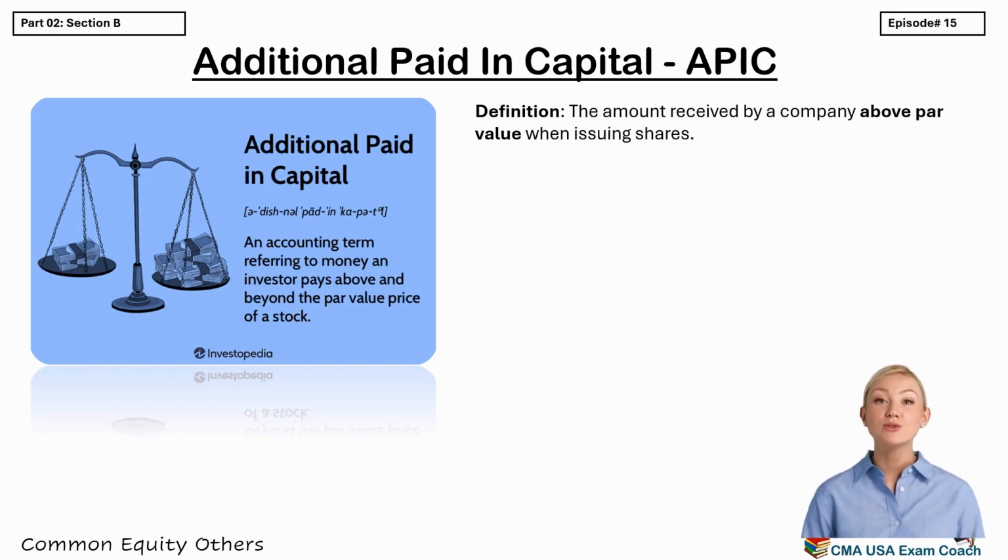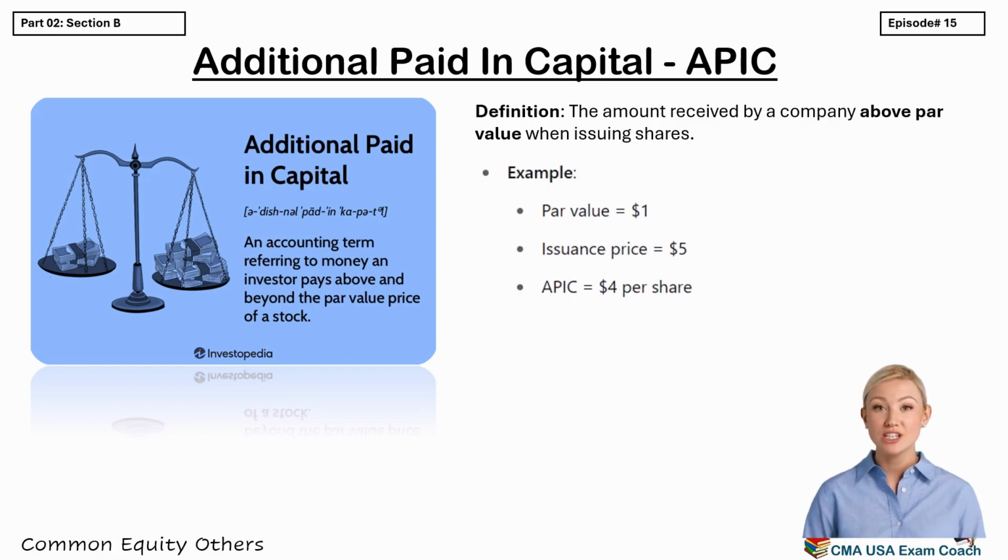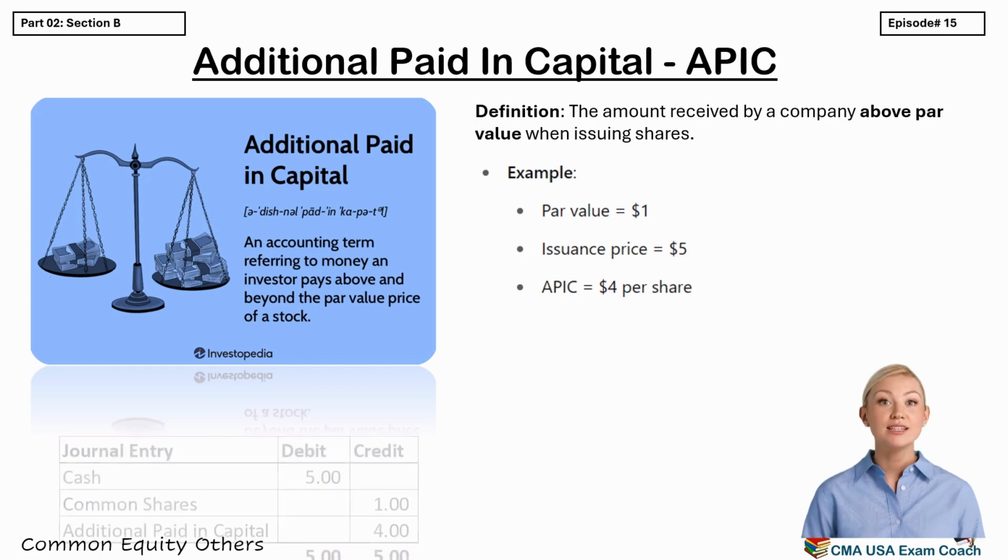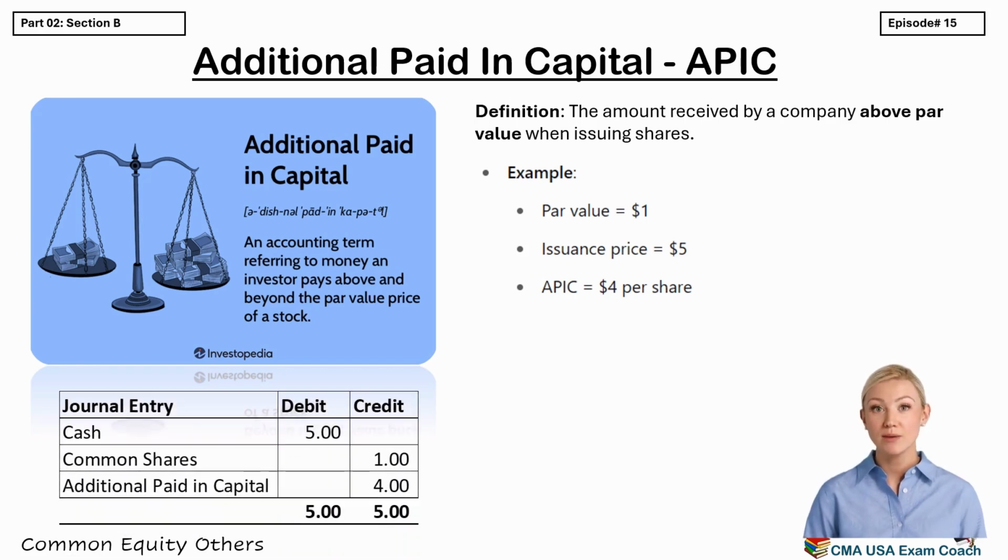Suppose a company issues common shares with a par value of $1, but sells them for $5 each. The extra $4 received from investors, over and above the par value, is recorded as additional paid-in capital. The journal entry for this would look like: debit to cash for the total amount received, credit to common stock for the par value multiplied by the number of shares, and credit to APIC for the remaining balance, which is the premium over par. This APIC amount is reported separately under the equity section of the balance sheet, usually right